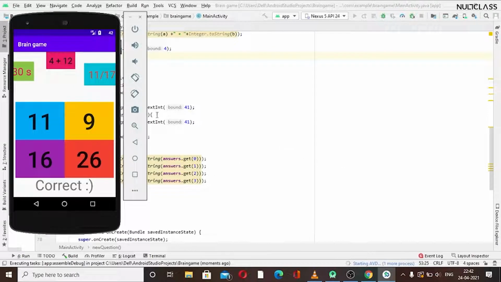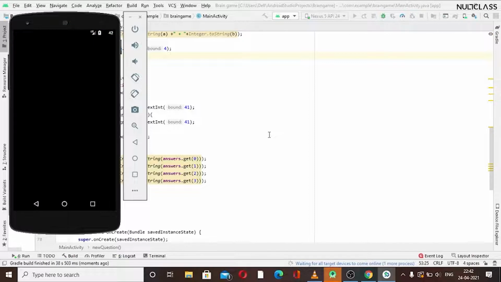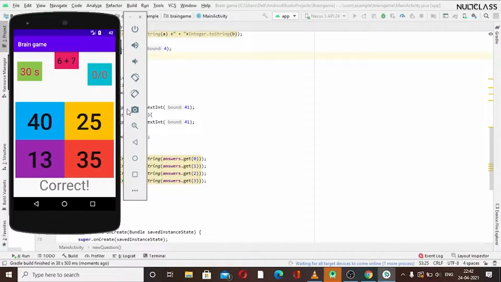Here comes our emulator. So here comes our app. Now this time we will be seeing that we are having different questions. So 6 plus 7, this is 13, so I will select 13.